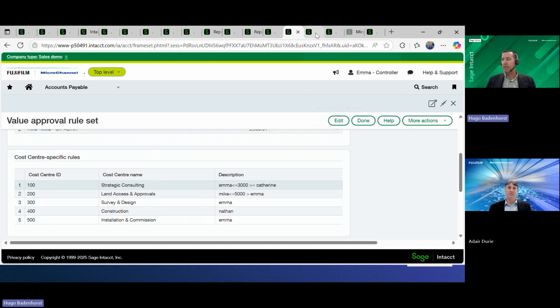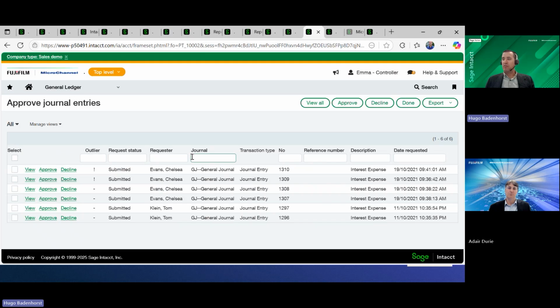So that's the one area; it brings that approval into the system and keeps it away from external options. Now, our other option is outlier detection, like they mentioned. There are a couple of things on our journal side, either when we enter the journal, depending on the configuration, or at the approval stage. You can see on this side the system will actually warn you that there are outliers and you just need to take a look at that.